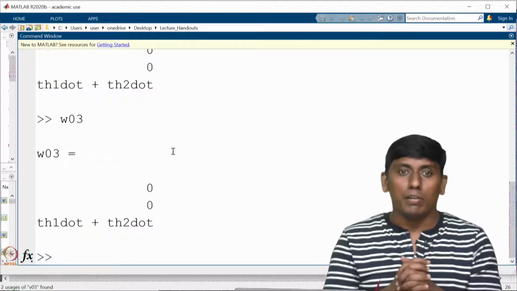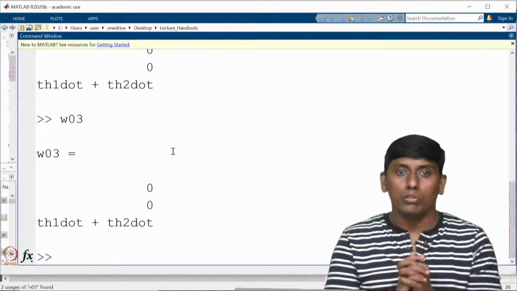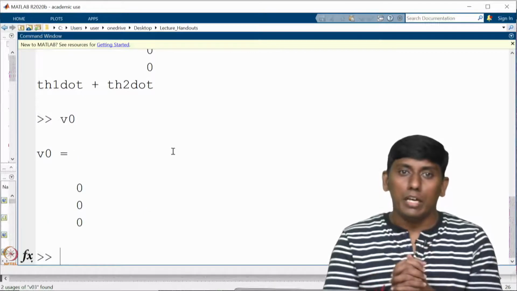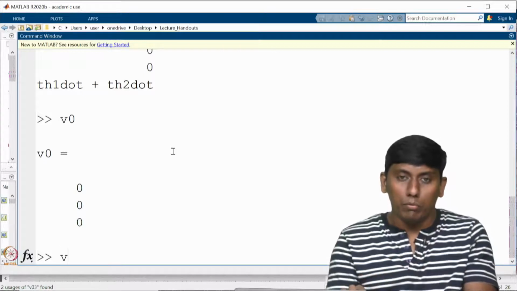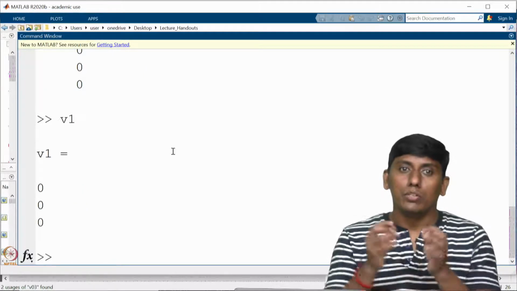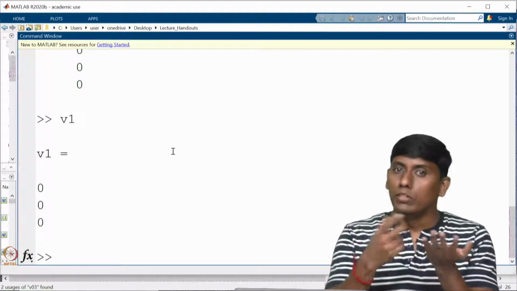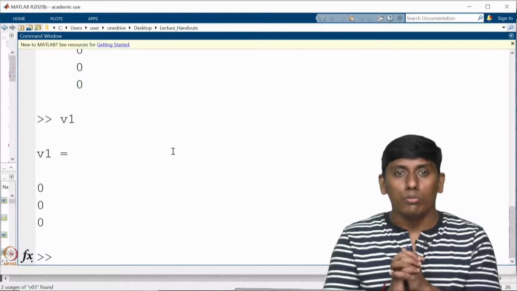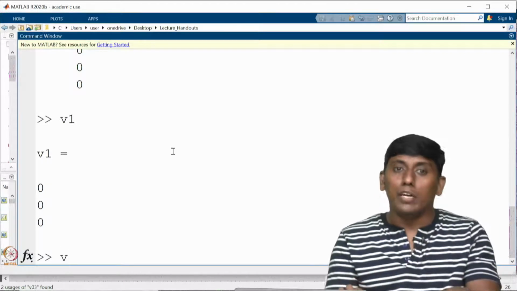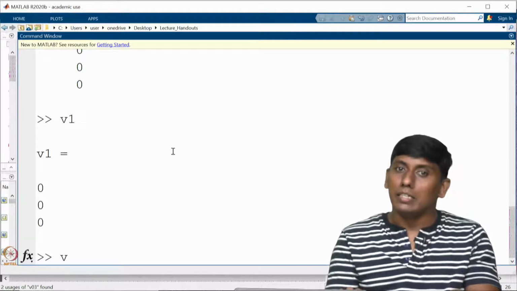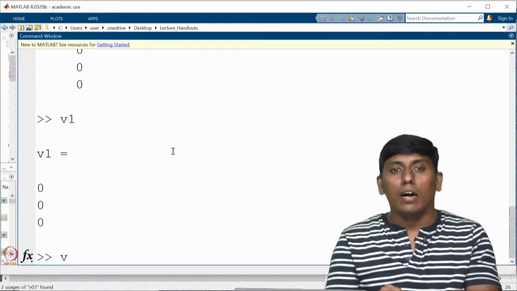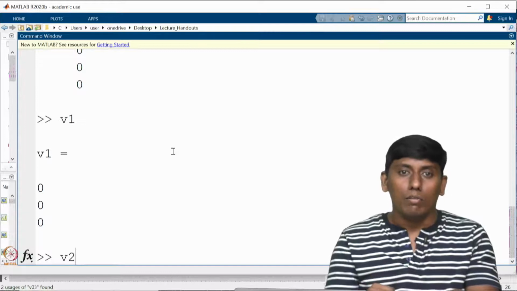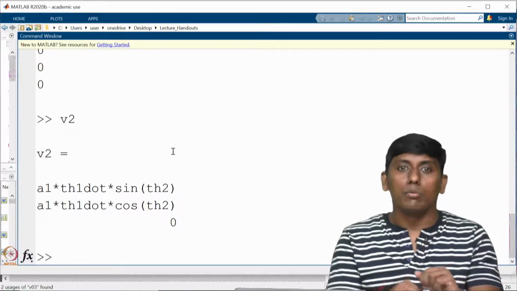This we have verified in the analytical model also, giving the same. So we start from v1. v0 we assumed as 0. So v1 would be what we expect, because frames 0 and 1 are at the same point, so there would be 0 linear velocity. That is what we have seen in the analytical model also. Here also the same. But when you come to the second, you can see there would be the L1 distance and the tangential velocity would come. So that would come here.